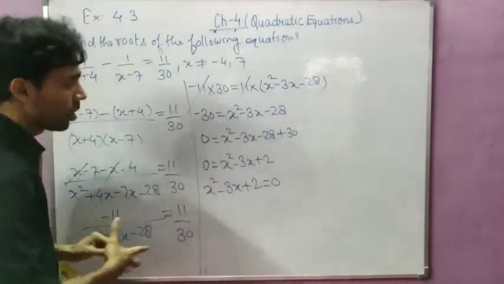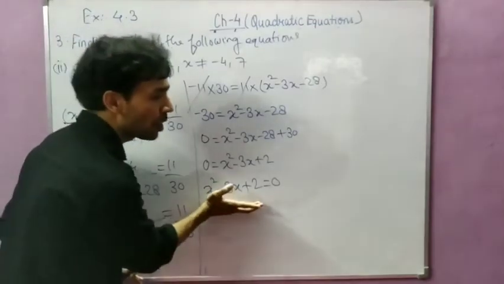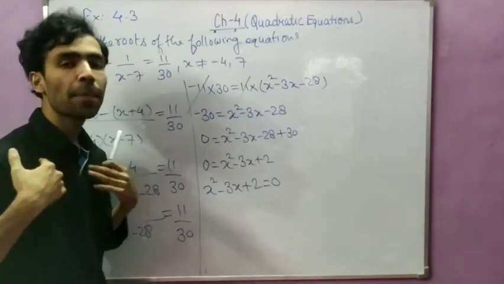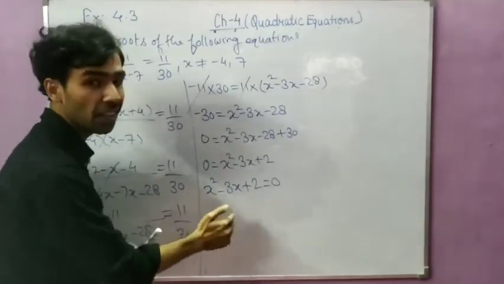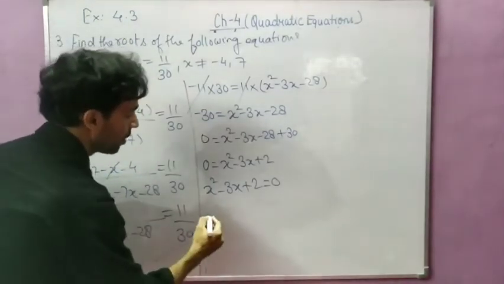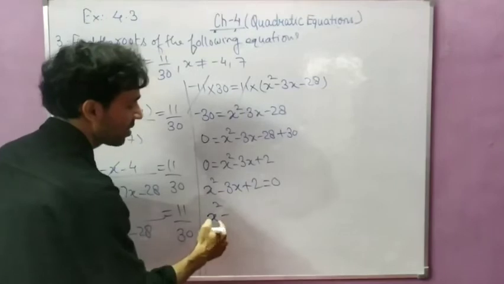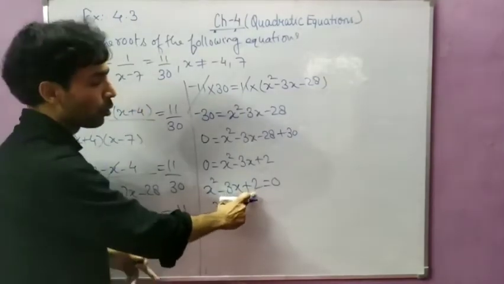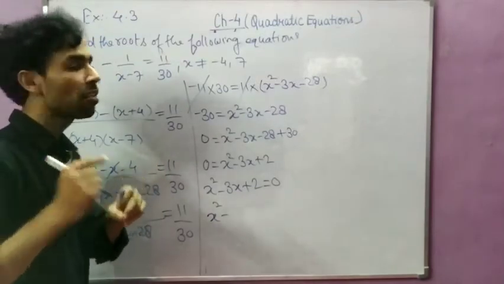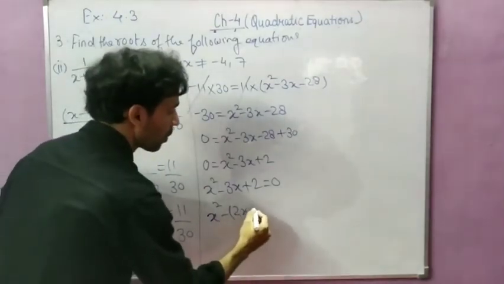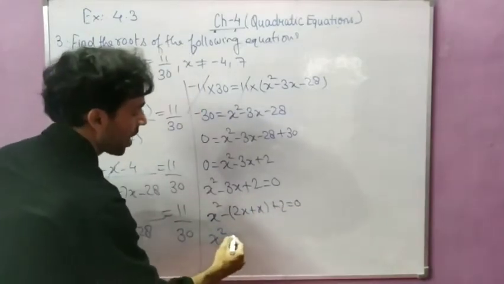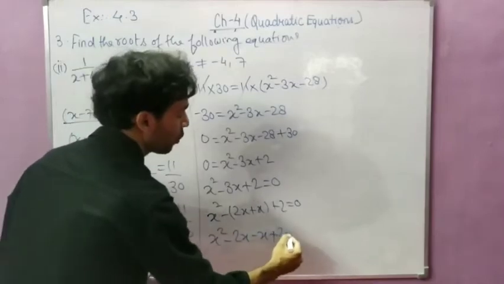Okay, so it's your wish student, whenever you form a quadratic equation, you have studied 3 formulas to solve a quadratic equation, you can apply any of them. Okay, so I am applying here factorization method. So when I will factorize it, I will get x square minus, because minus is here, and 1 into 2, 2. So the factors of 2 will be 2 and 1, so that when they add, we will get 3. So x square minus 2x minus x plus 2 equal to 0.